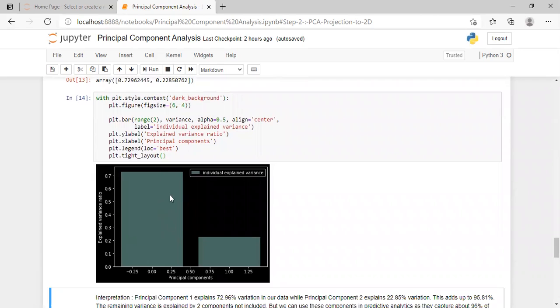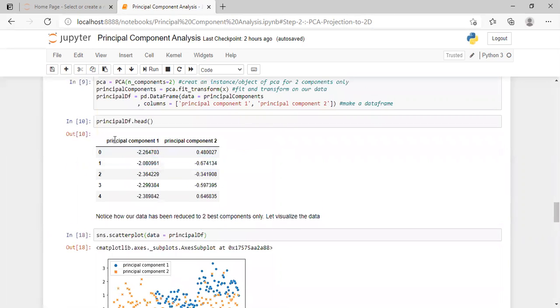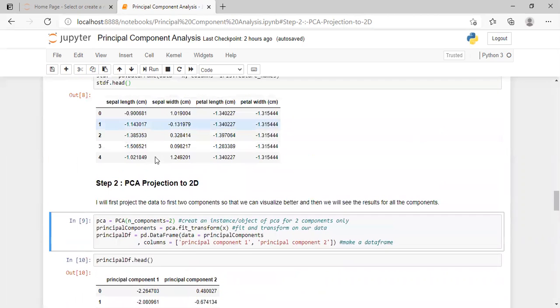Again, I would recommend that you implement PCA in your reports and final projects, so that you get good marks and also get an idea about how we reduce real-world problems into principal components and try to solve them. Now this is our reduced data. We don't have to go back to our previous data.